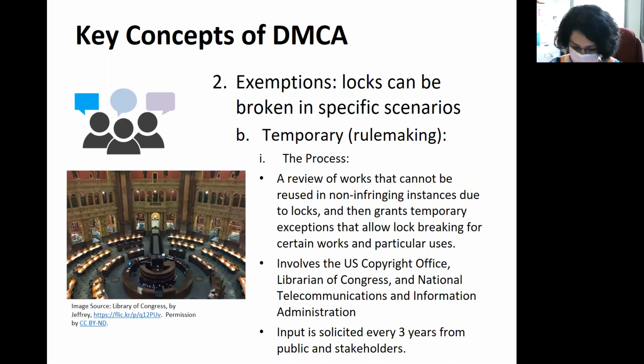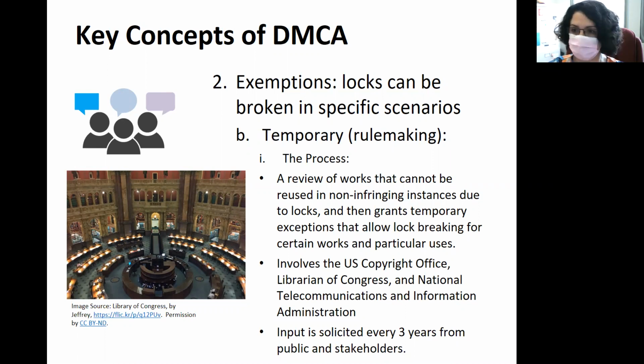So what they do is they take a look at the input every 3 years from the public and stakeholders. So for instance, maybe a big contingent of people say that there are certain uses that they want to make of copyrighted digitized sources. They want to break the locks just for fair use, for